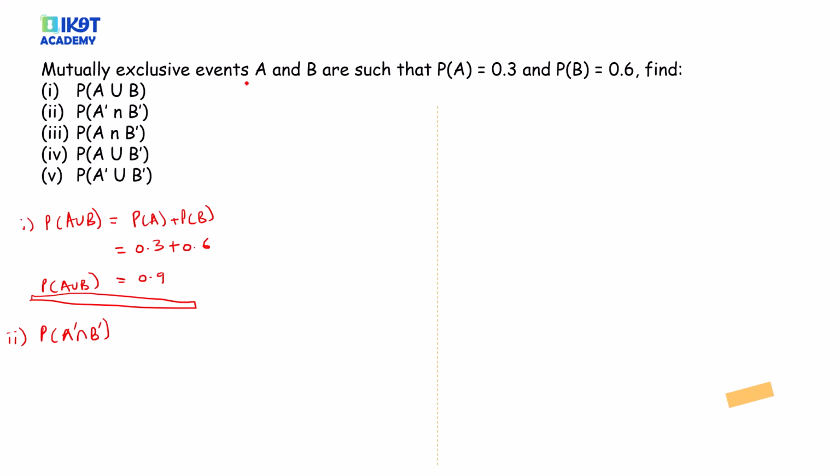If I toss a coin, the probability of getting a head, you can't get a head and a tail at the same time in one throw. However, when you toss this coin consecutively, I toss a coin, then I toss again, it's possible that on the first throw I get a head, on the second throw I get a tail, on the third throw I get a head again. So that's a different thing because you're throwing it many times. However, in one single toss, you can't get both head and tail.